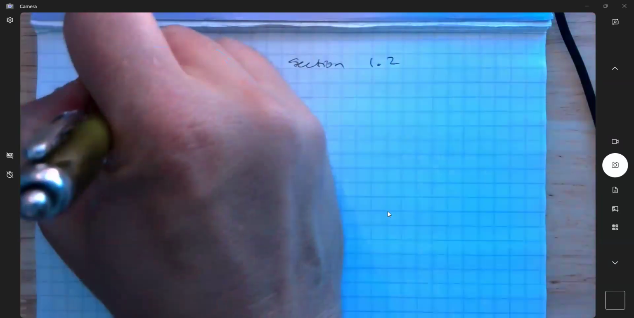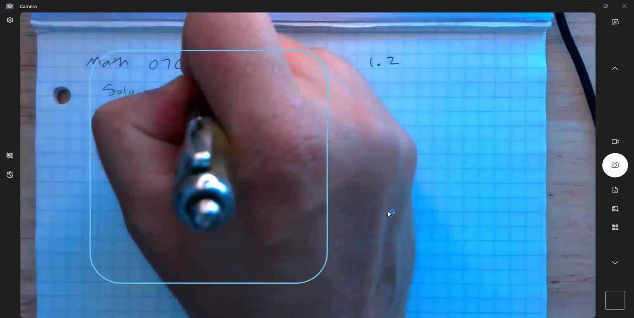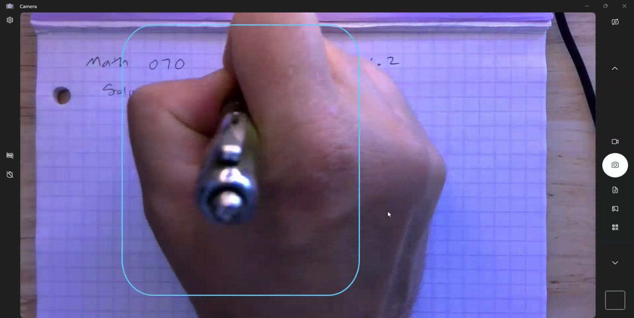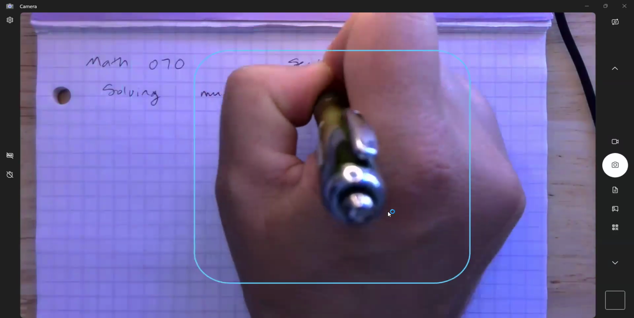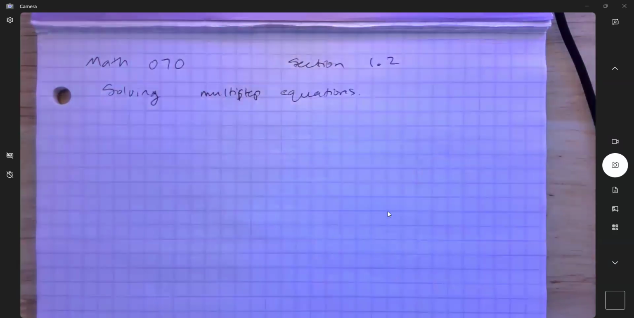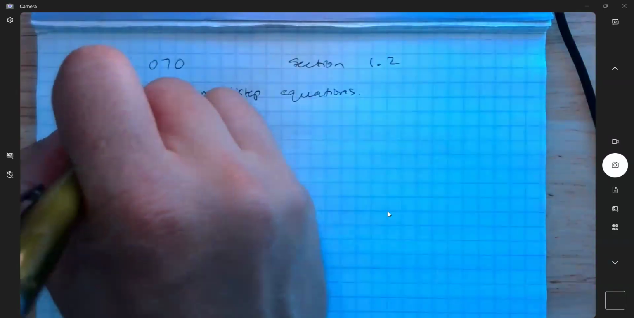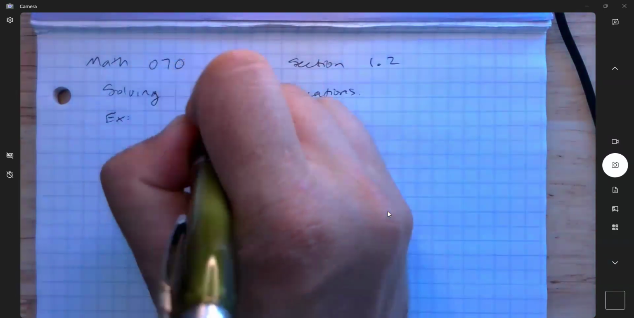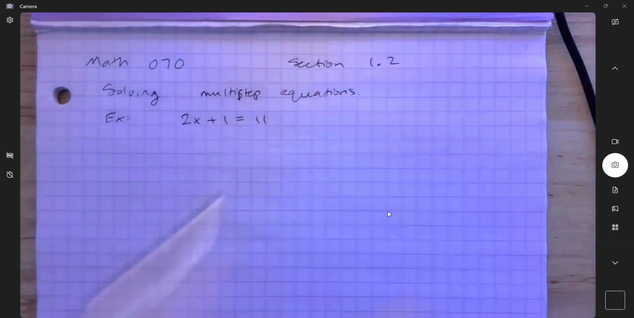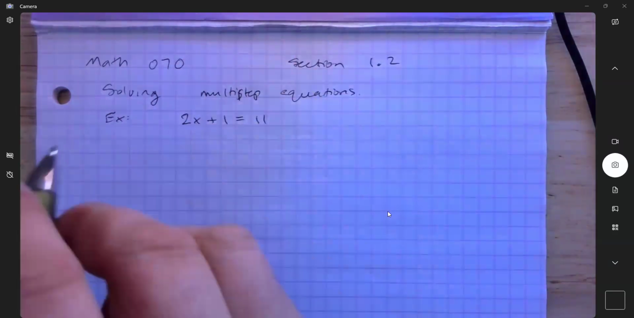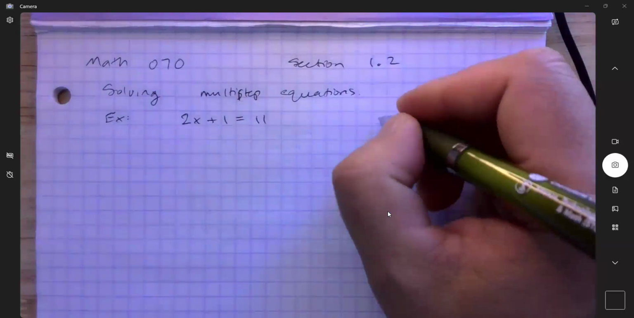We're going to be solving multi-step equations. We actually have already done that in section 1. It was just a fairly simple multi-step equation, 2x plus 1 equals 11. And the general rules for this is